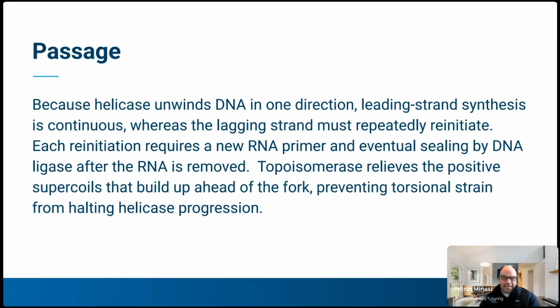They say that topoisomerase relieves the positive supercoils that build up ahead of the fork, preventing torsional strain from halting the helicase progression, right? So they're kind of giving us the different players. They're saying, here's one player, here's what the other player does, here's what everybody's doing as far as this process is concerned. If you think about replication forks like